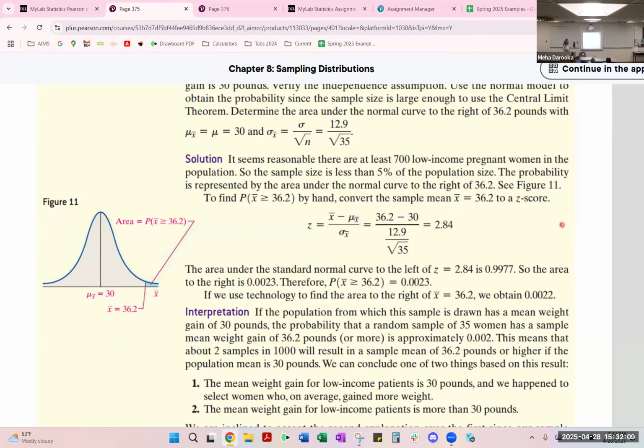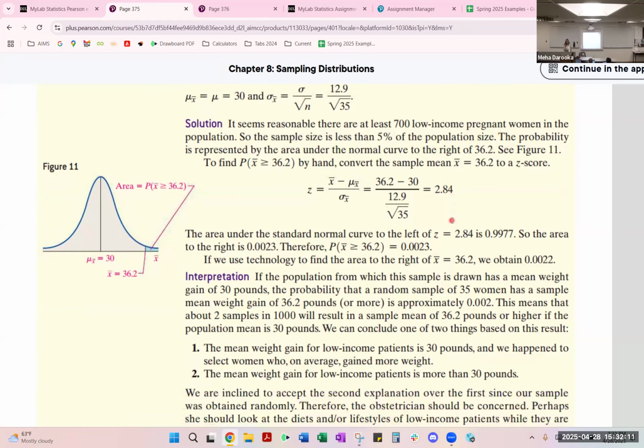Put that in your table and come up with the probability. But remember, we're talking about 36.2 or greater, right? So we are looking at the area on the right-hand side. So you take the value you get from either the norm distribution function or from the table, and then subtract that from 1 to get that area. And you can see that area comes out to be